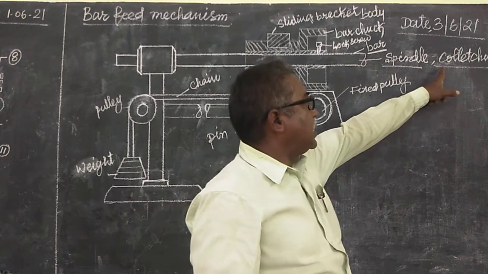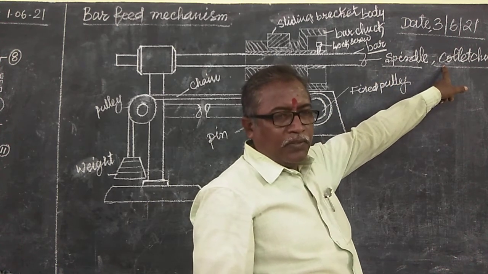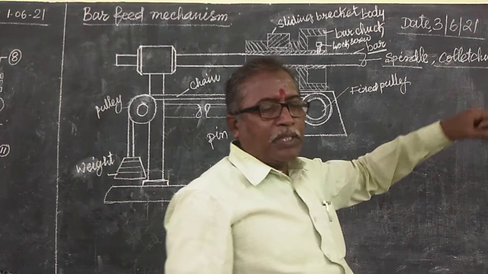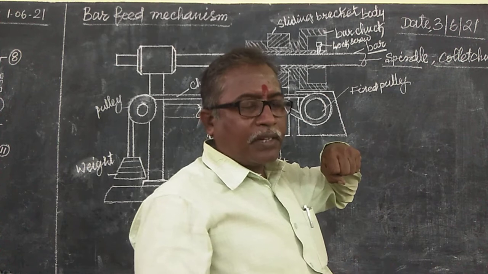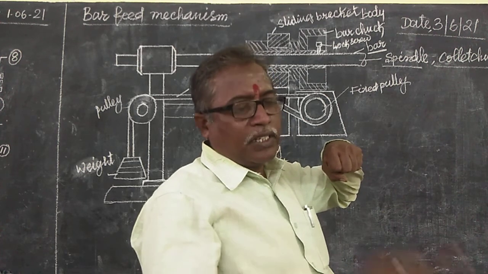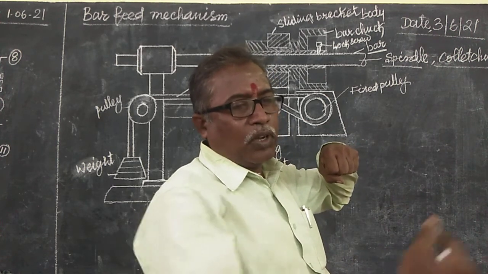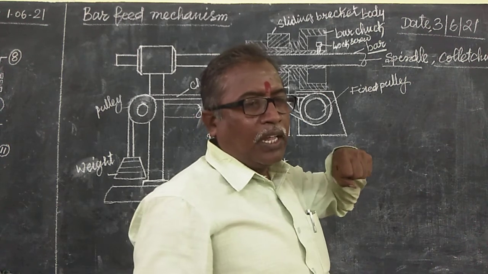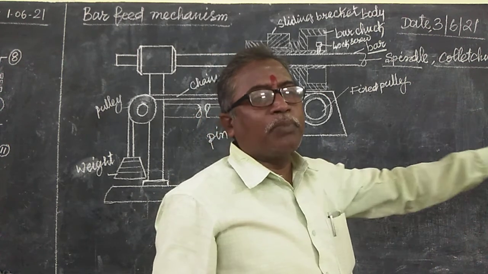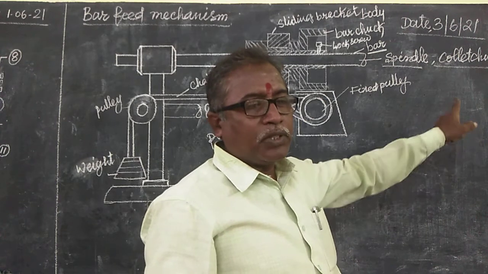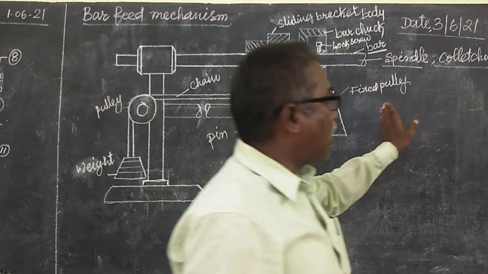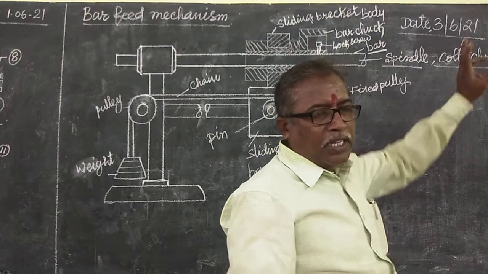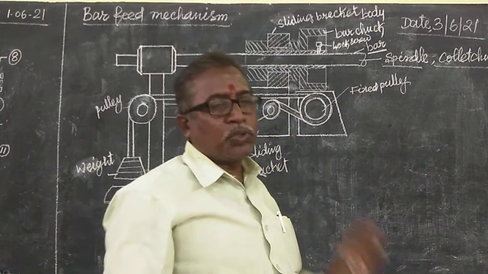They release the collet chuck, that means loosen the collet chuck. The stopper will be there. When we index the turret head, the stopper will come to position and be ready to stop the rod when we release the collet chuck. When we release the collet chuck, the rod will go forward and touch the bar stop.